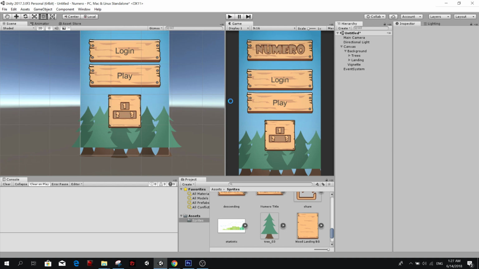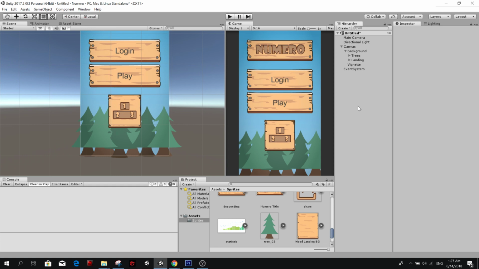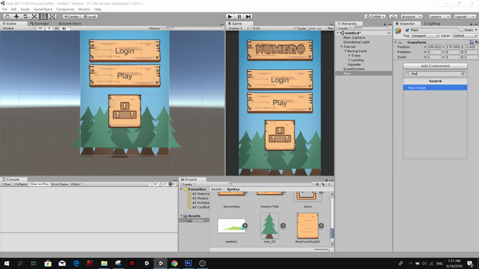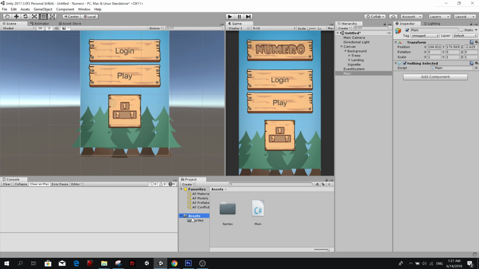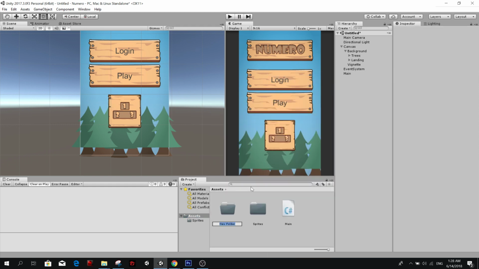So okay, let's keep going. We haven't touched any coding yet. Oh, Christ. Okay. Let's make some coding. So I am going to make a new game object. I'm going to call it main. And inside here, I'm gonna add our first class. I'm gonna call it main as well. And yeah, I'm going to try something that I don't usually do. So I hope you guys can learn something from this practice.